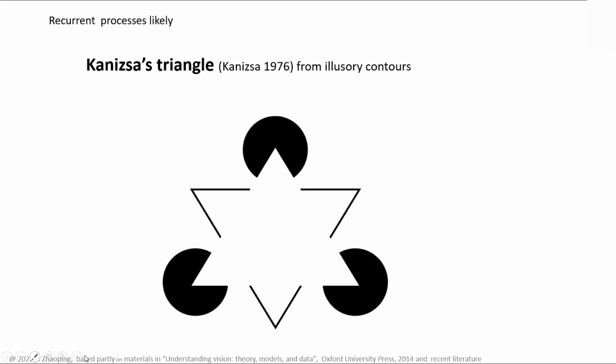Just because we know the triangle so well, the triangle is so strong that you can instantly see the triangle. So if the shape